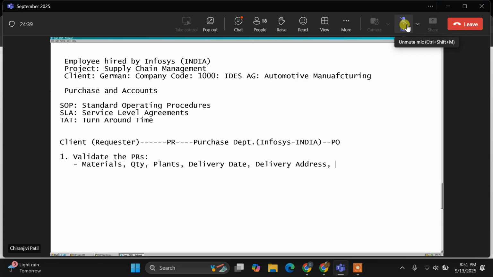Then, right? So you have to check unit of measurement. Why it is so important, I'll tell you later on. But remember, unit of measurement. What was the unit of measurement we had considered? Pieces. Pieces, right? Yeah. So that is also very, very important part. Then, apart from this, yes, guys. Apart from this, you have to check the